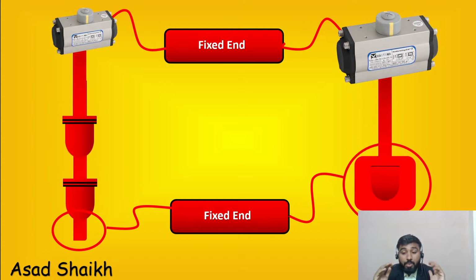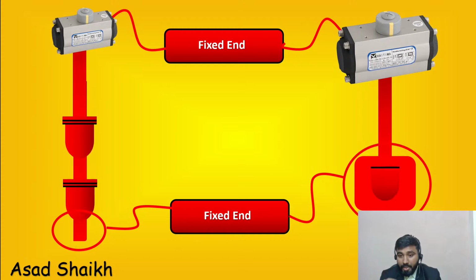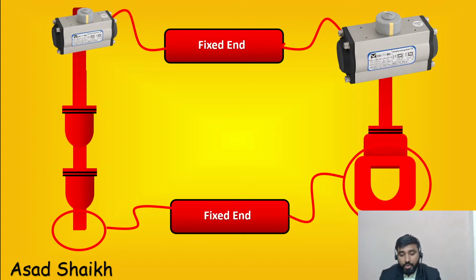If nothing works out and you know your fluid is that tricky, then maybe you might need to go for a dual ported design. Otherwise, if it's high DP, a cage guided design is a better choice.